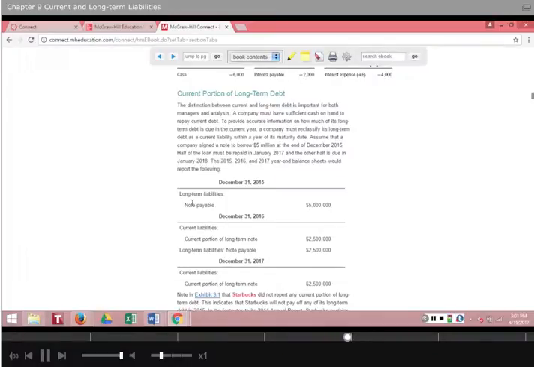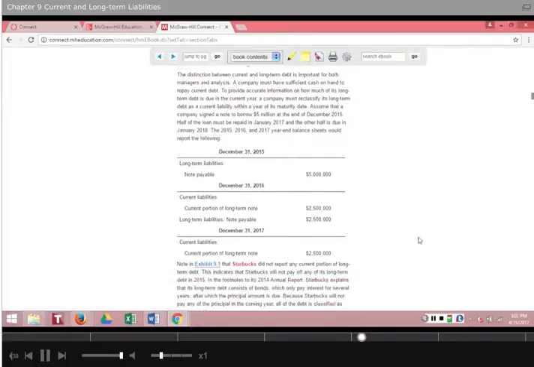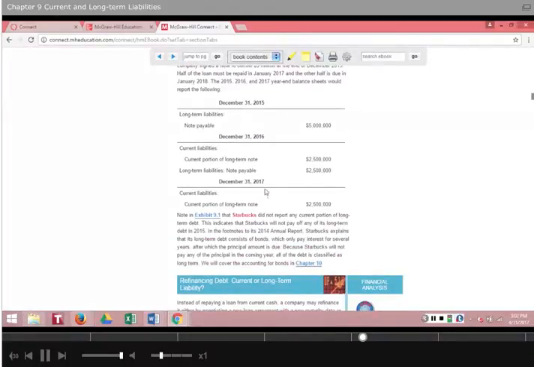So if we had a long-term note on December 31st, 2015, when we prepare the financial statement, the balance sheet a year later, if we're going to pay half of that note off in 2017, then what we're going to do is have to classify, of the $5 million, 2.5 million in current, and the other remaining 2.5 million in long-term liabilities. At the end of December 31st, 2017, we already paid this 2.5 million, but now the long-term liability